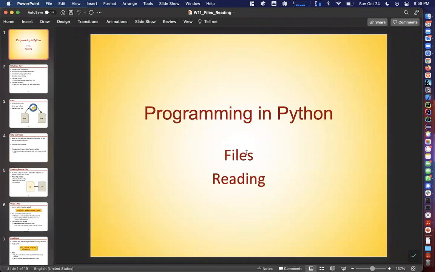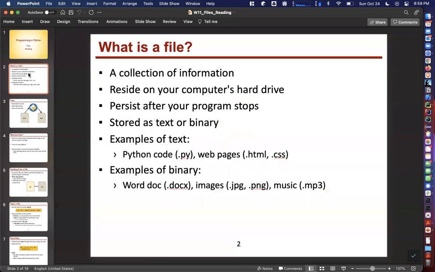Today we are going to be talking about files, and in this video we're going to be talking about reading files. So what is a file? You probably work with files every day, but let's define what a file is in terms of computer programming and programming in Python, and what a file is going to be for this course and how we're going to use files in this course. So broadly, abstractly, we can just think of a file as a way of storing a